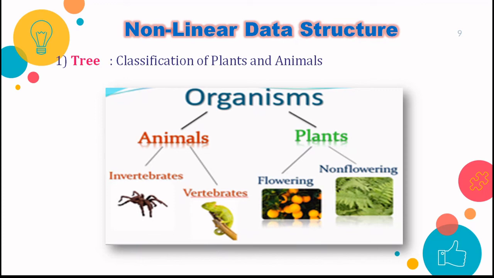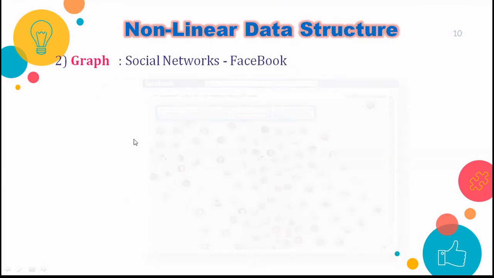Also, one more example for that can be merge sort. I hope you have studied merge sort. In merge sort, we have a list, then we divide the single list into two lists, then again separately on the two lists we divide those lists into two sections, right? This way we keep on dividing the list until the number of elements in the list is 1. So these two examples, merge sort and this classification of plants and animals, are the real life examples that we have studied in tree, right?